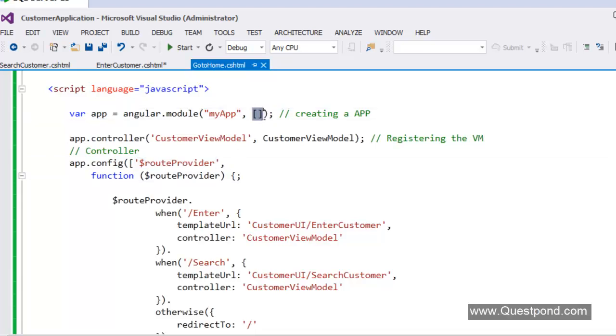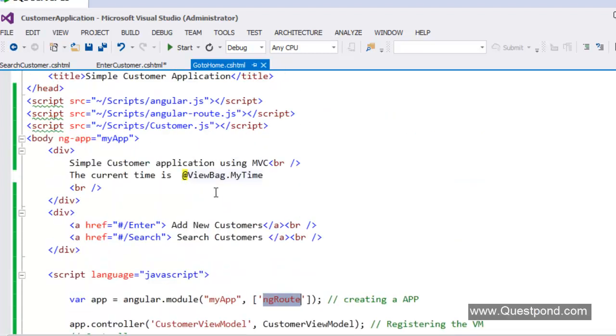So we need to ensure that when the Angular app object is created, this ng-route object is also injected with the same. So you can see that this is our main page. In this main page, we are already creating the customer view model, we are creating the route, we have defined everything.